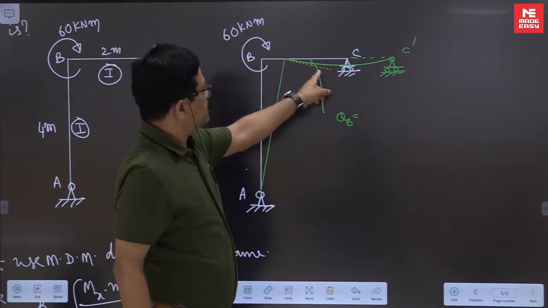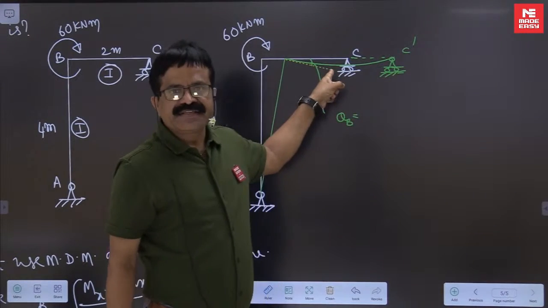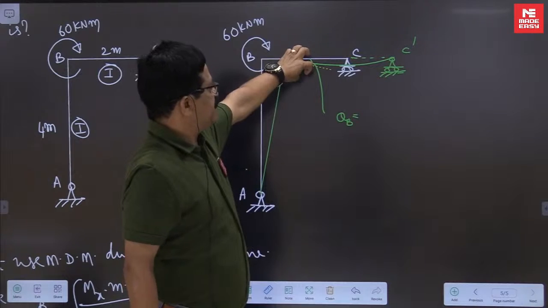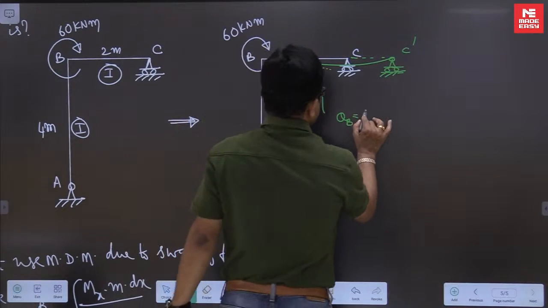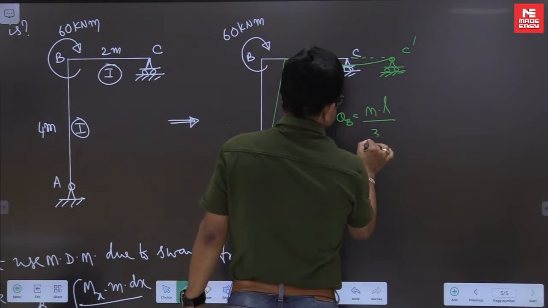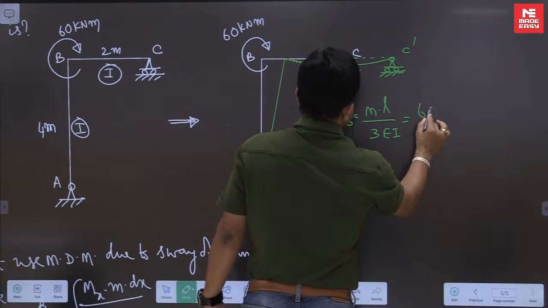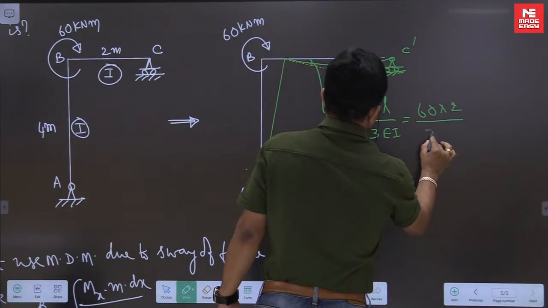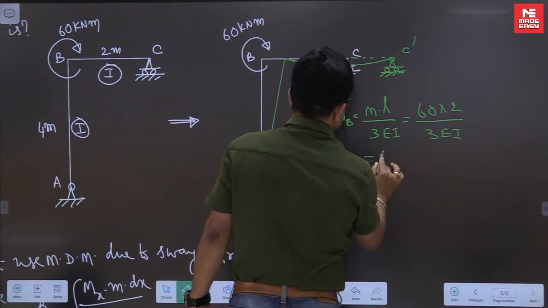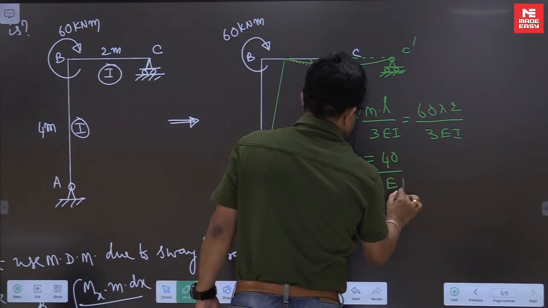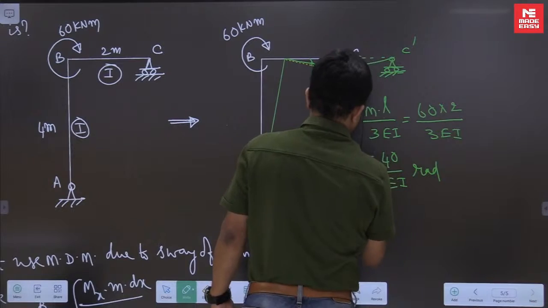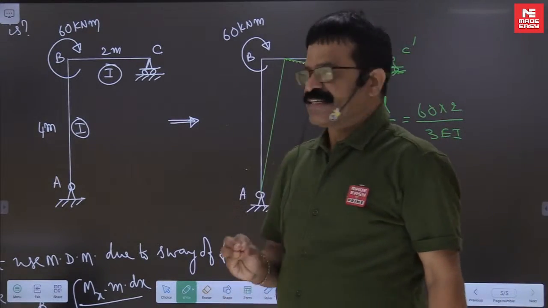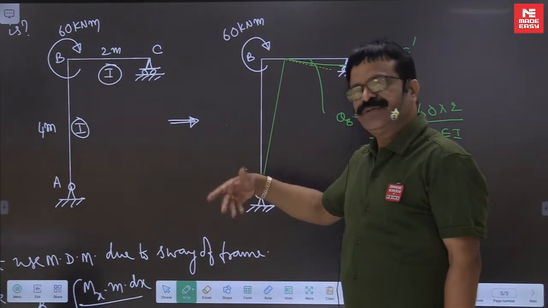Moment is 60. This is a known profile for us. For this profile, when far end is hinged, when you apply moment 60, what is the formula? ML by 3EI. M is 60, length is 2 meters, by 3EI. If you have say only 5 or 10 seconds time, that integral of mx m dx by EI, we don't have to write